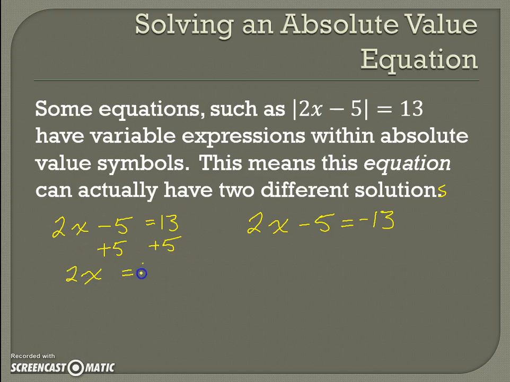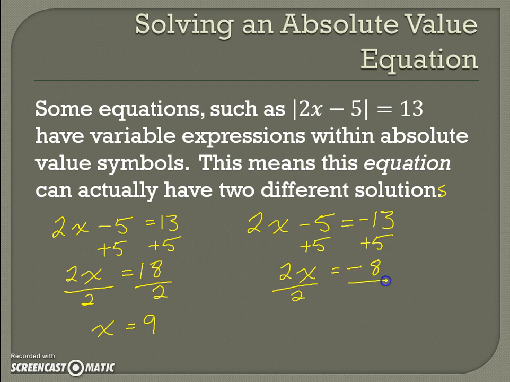So 2x equals 18. Divide both sides by 2, and x equals 9. And then over here, I would do the same thing. So I get 2x equals -8. Divide by 2, and x equals -4, and I put a big fat "or" in the middle. So right there, this whole thing